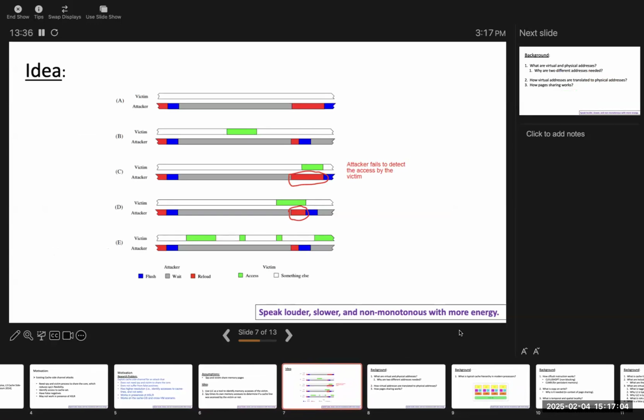So let's first look at the first figure. In the first figure, we have victim and attacker, and let's first look at the legend. So the blue